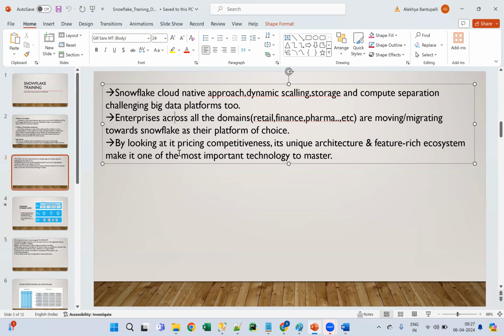If they want to do some project, they want to reduce the project amount, right? If they want to buy some software, if they want to complete the work, they need to buy some software, they need to do some work, right? For that also, they will try to reduce the pricing. So when compared to the remaining software and compared to Snowflake, guys, it's very, very cost effective. Very, very less cost, I can say.